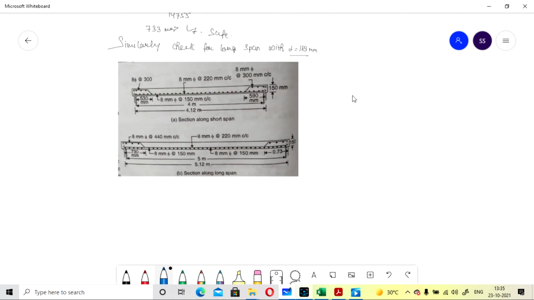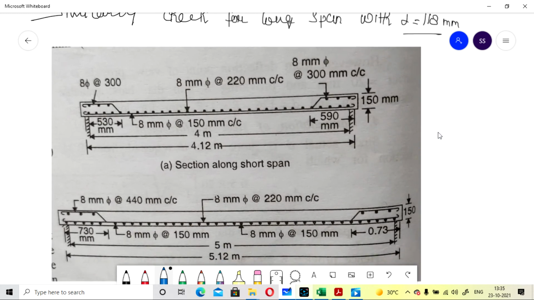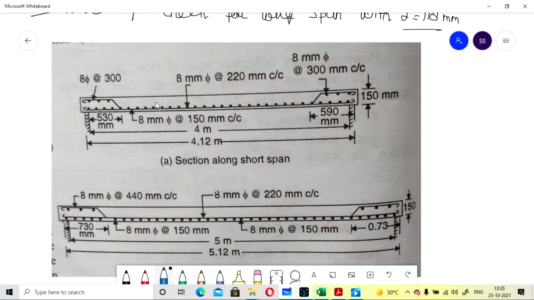So you can also check for longer. Now if you see this figure, this is the shorter span, and this is how you have to provide the steel. This is our main steel. It will go straight like this, and the next bar will be taken from here and will go straight here. So alternate bars will be provided. Here the spacing of the bar will be 8 mm at 150 mm, and similarly here it comes as 8 mm at 300 mm. Here the spacing will be double because one bar will go straight from this side and one bar will be taken from outside and go straight from this side. That's why its spacing will be double of that value.